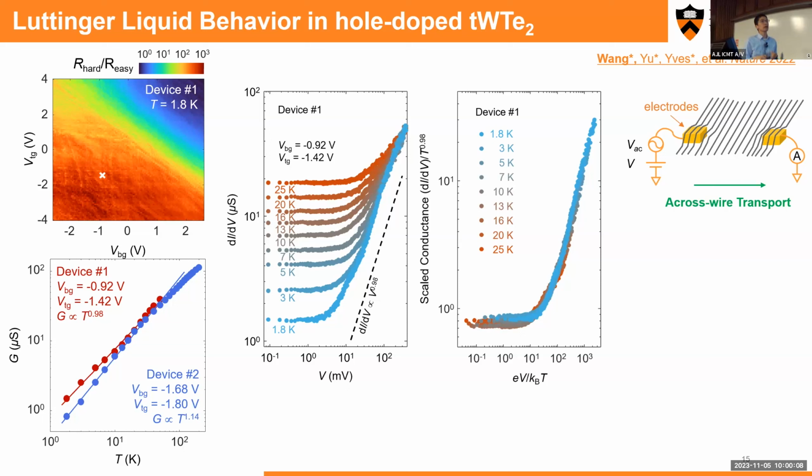And one more point that I want to point out, distinct from most of the previous results, for example, in the carbon nanotube or in the fractional quantum Hall modes for the tunneling, is that if you just cross this line here and this low bias line here, you get a crossing point somewhere here, which means that the eV over k_BT, the energy scale number here, is not unity. It's actually some number between 10 and 100. If we extract here, it's around 30, 40.